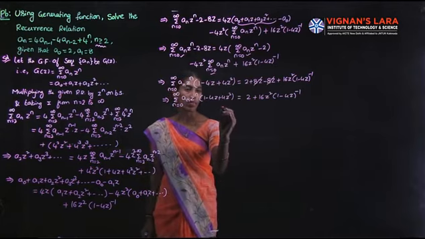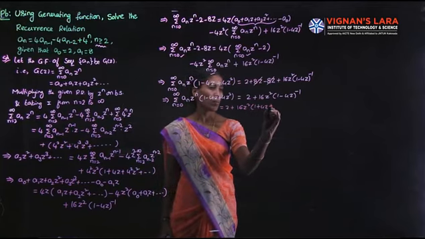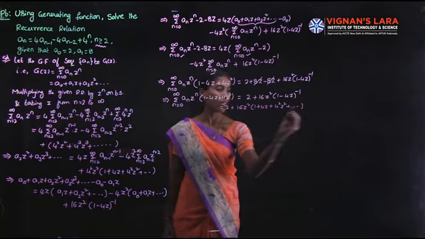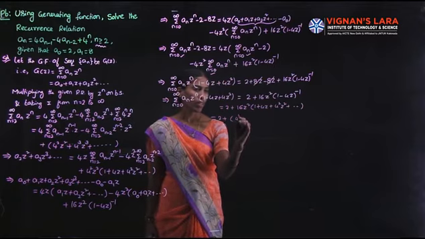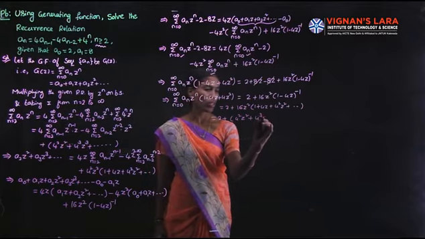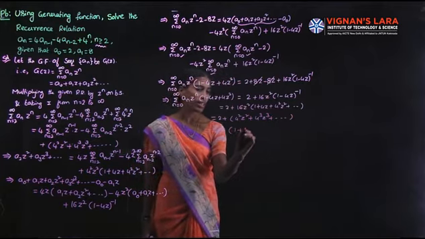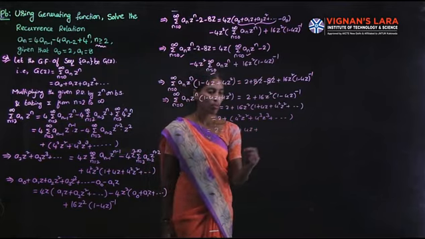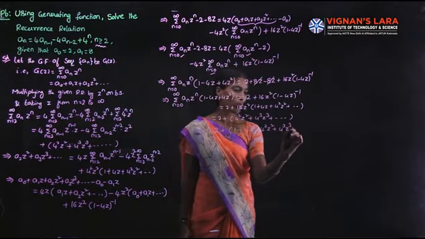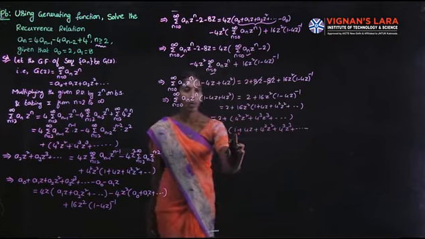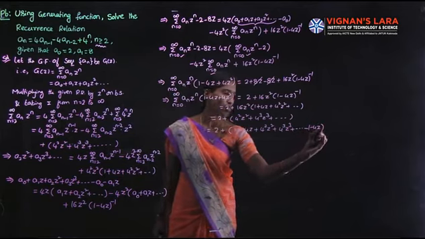Next, this is equal to 2 plus 16z^2 into (1 plus 4z plus 4^2 z^2) and so on, which can be written as 2 plus 4^2 z^2, 4^3 z^3 and so on, equal to 2 plus, adding and subtracting, 1 plus 4z, 4^2 z^2, 4^3 z^3, and so on, minus, because here we are adding 1 and 4z, so we are subtracting 1 minus 4z.